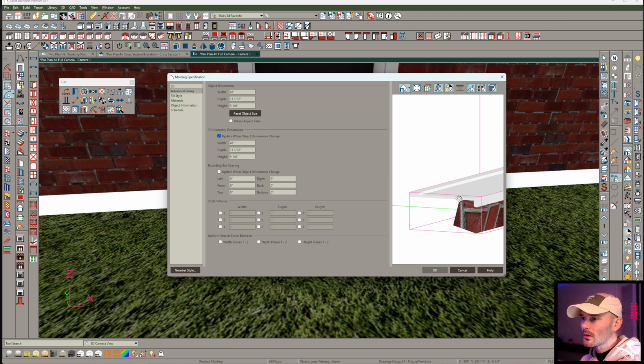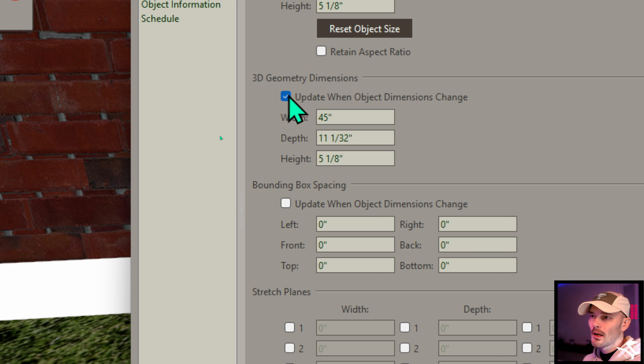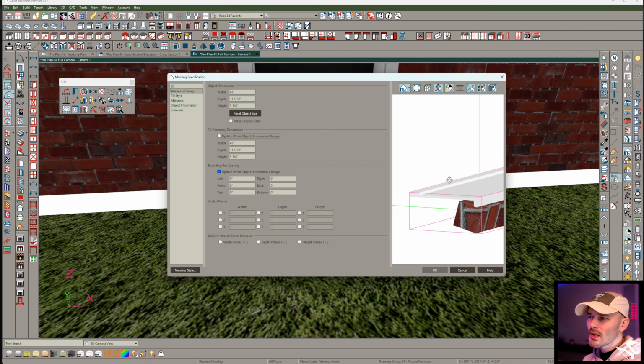We want it to only see this, and I should have taken some control measurements, but I'm just going to do some guesses and checks. I'm in the advanced sizing panel, and in here, we need to specifically uncheck this. And you'll notice when I do, it automatically checks bounding box spacing. Chief sees this object according to the bounding box,